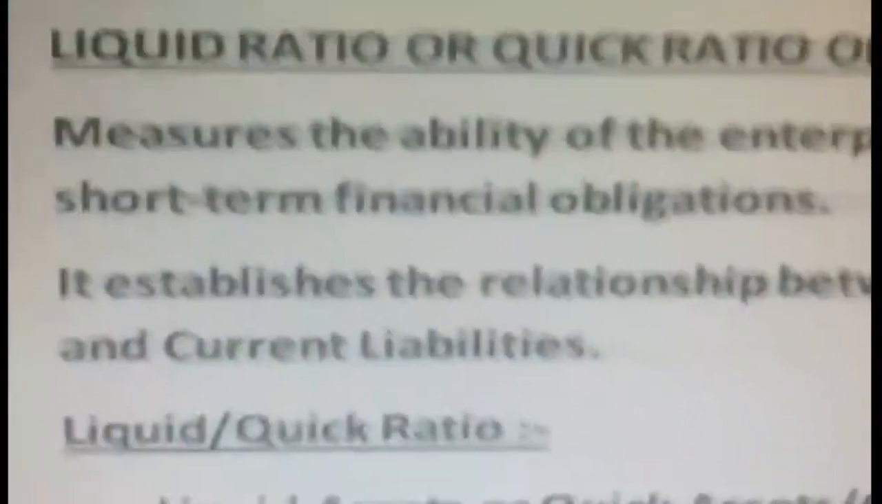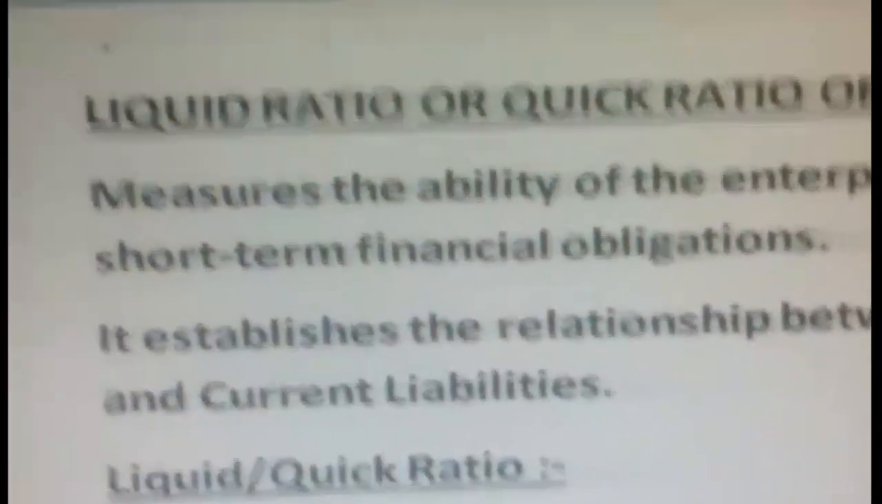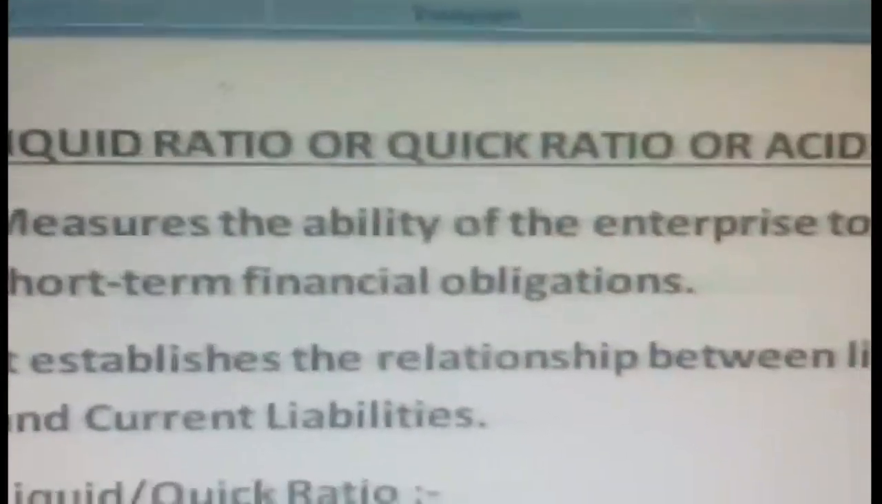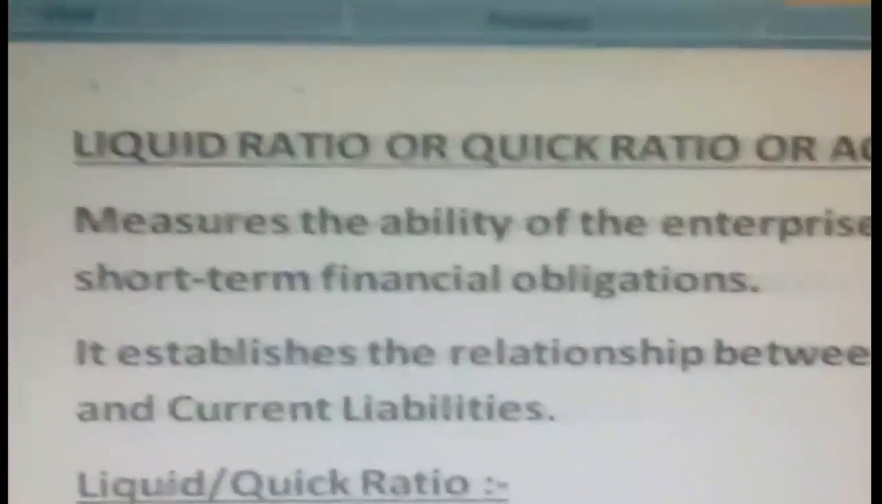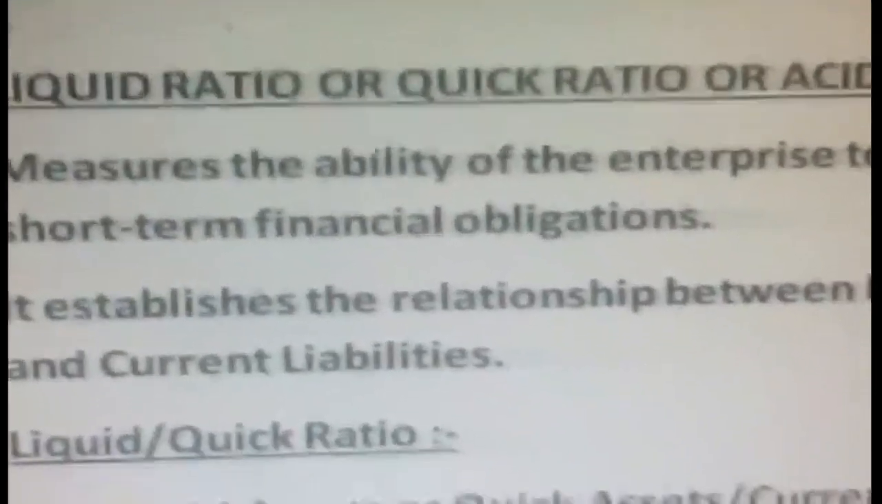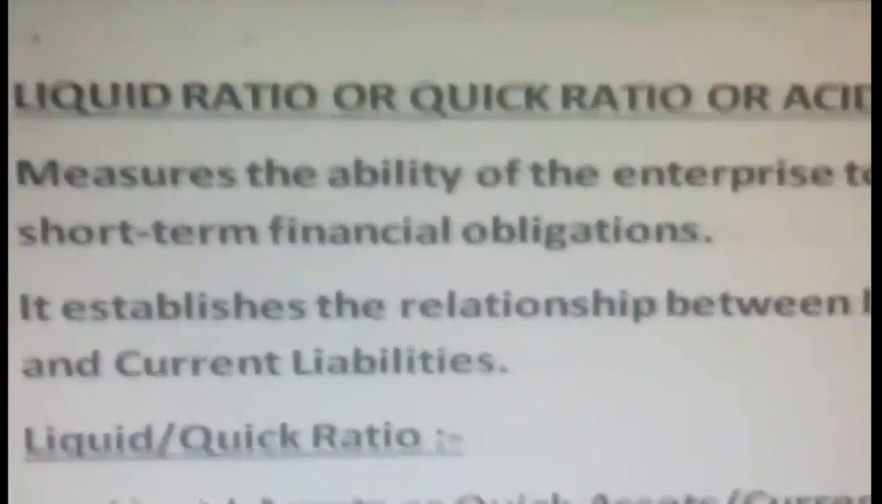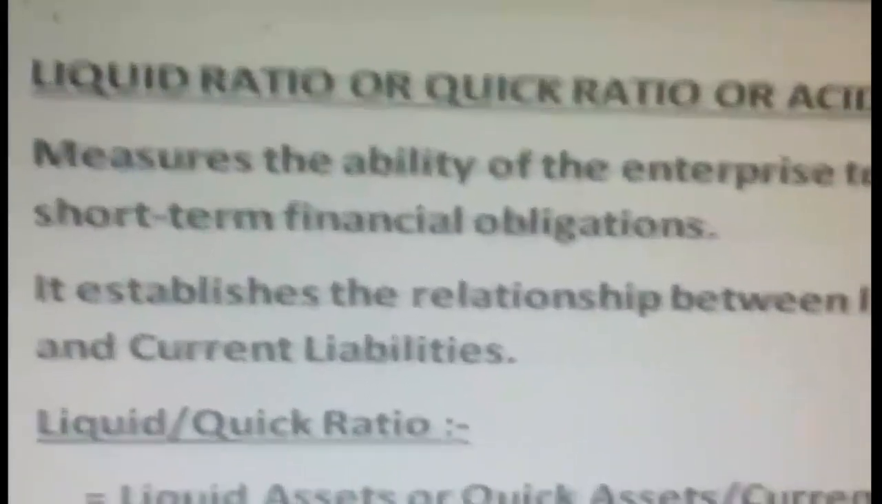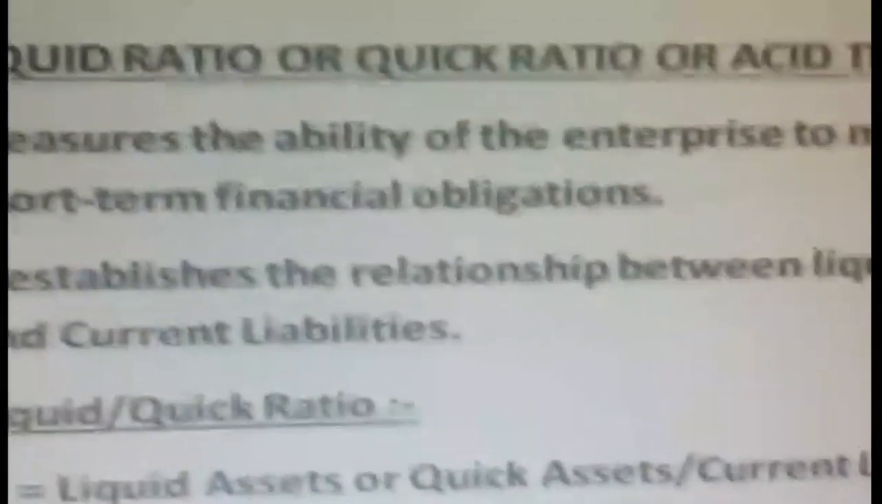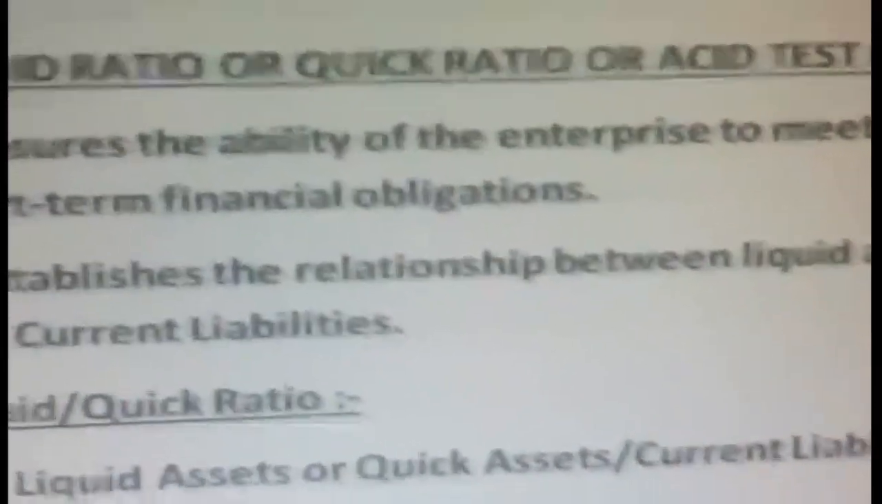As we discussed earlier under the liquidity ratio, current ratio is discussed. Now the second one is liquid ratio or quick ratio or acid test ratio. We already discussed these three different names: liquid ratio, quick ratio, or acid test ratio. So here, what does the liquid ratio measure? It measures the ability of the enterprise to meet